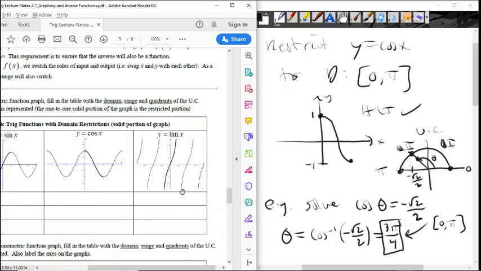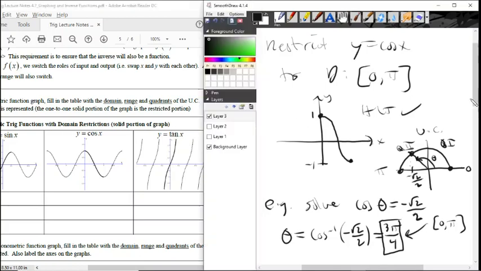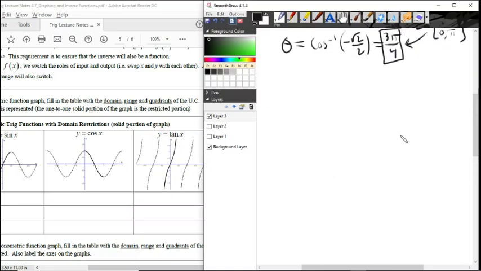Okay, same thing is done with the tangent function. The tangent is a wave that repeats and repeats. It has no amplitude to this wave. It goes up to infinity, down to negative infinity. But the principal branch is chosen to be this right here. Okay, so inverting the tangent function,